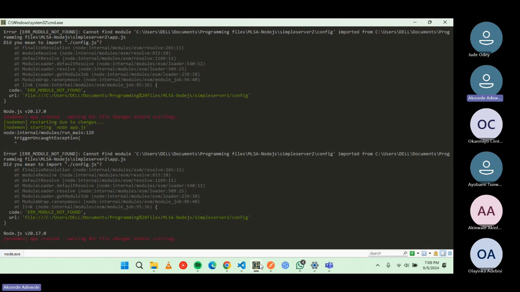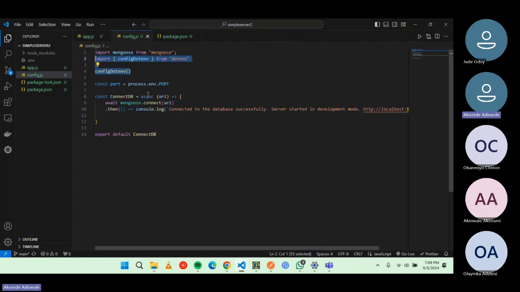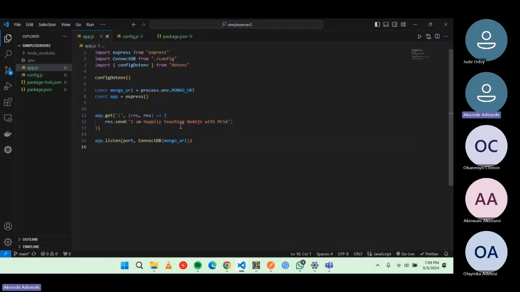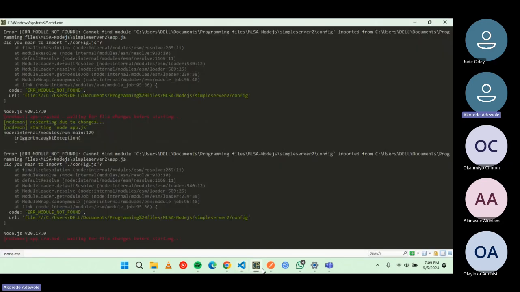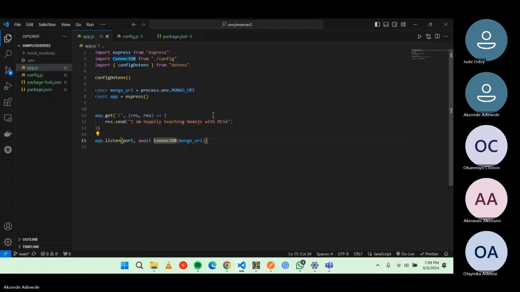Okay, so for two things actually. Number one, this function is asynchronous. I need to tell it to await it, first of all. So await is how to tell asynchronous functions to behave. And also, okay, let me see. There's still, did you mean to import .config.js? Did I not do so? Sorry, they're not things that happened before. .js, okay. So